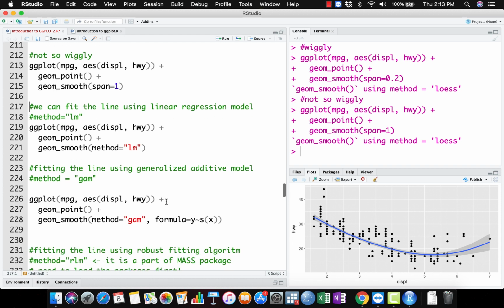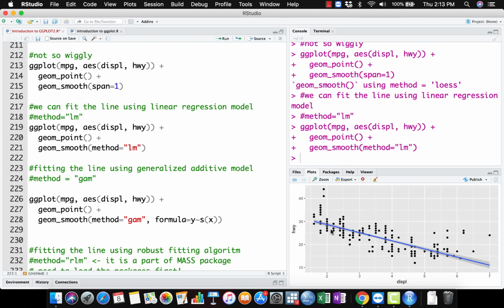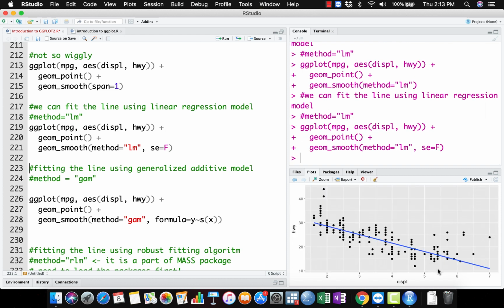So we also can fit the line using a linear regression model using method equal to lm. So this is the most common method used in other software such as SPSS, IBM SPSS Statistics, right? So we put method equal to lm, linear model, right? We will get the linear line here, right? And don't forget, they are also giving us a confidence interval. We don't want the confidence interval, right? So we can get the smoother line,